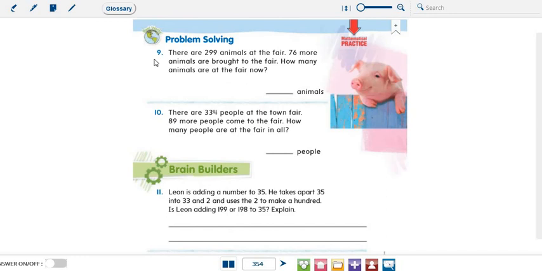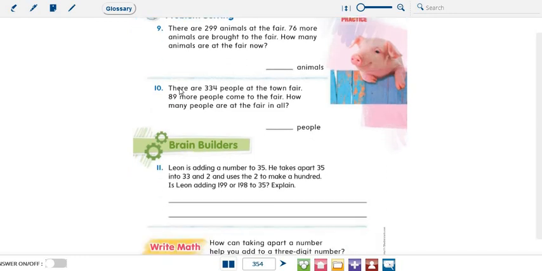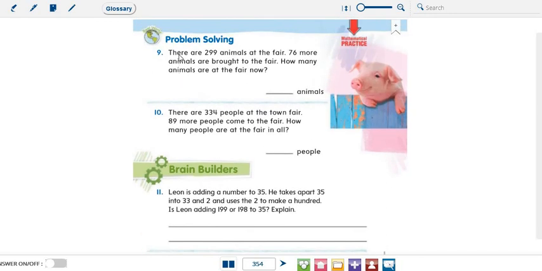Now let's solve question number 9, page number 354. There are 299 animals at the fair. 76 more animals are brought to the fair. How many animals are at the fair now? What do you think, grade 2? How can we solve this problem? Yes, here we have 299 and here we have 76. So we have to add 299